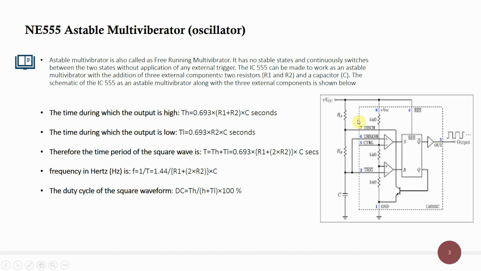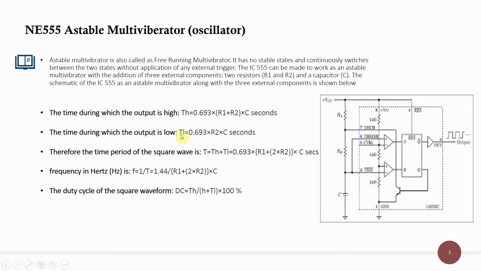Now looking into the parameters, the time period for which the capacitor will be charged. Here the capacitor is a ceramic capacitor and one end of the capacitor is attached to the ground and another end is attached to terminal 2. While charging from VCC it comes through RA, RB then C. So the high time is given by TH equals 0.693, which is a proportionality constant, into (R1 plus R2) into C. R into C is a very famous time constant expression, the same we are using here.